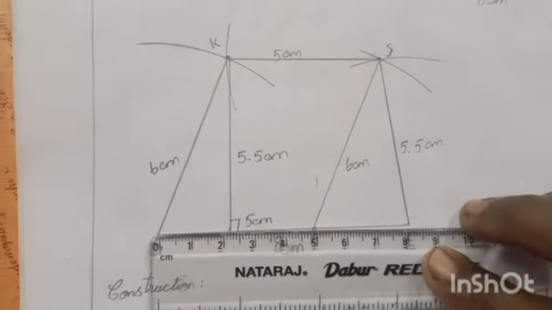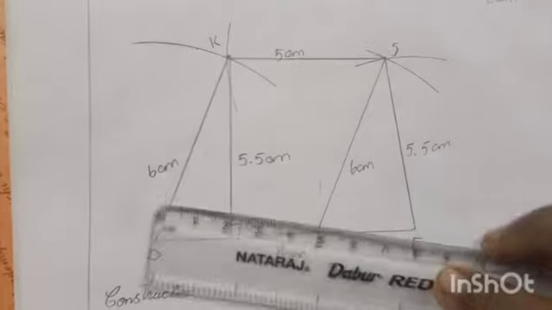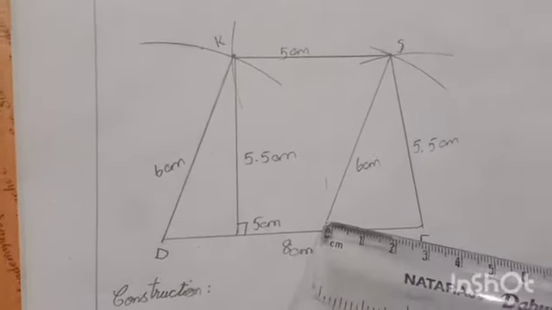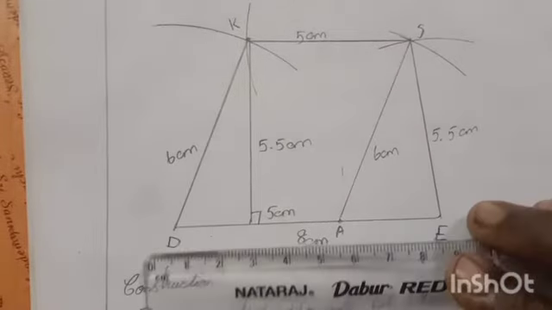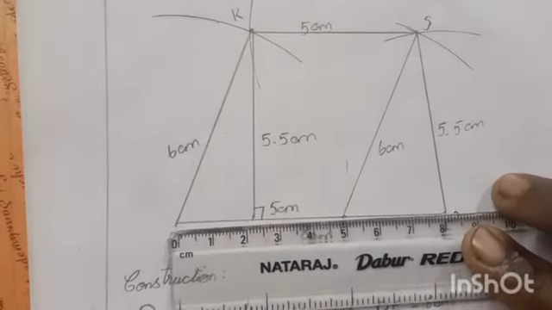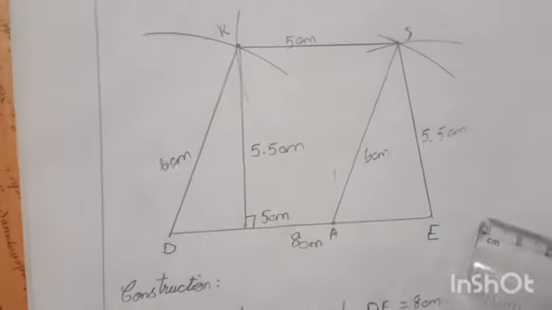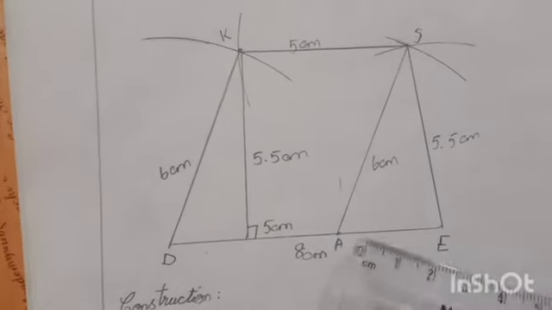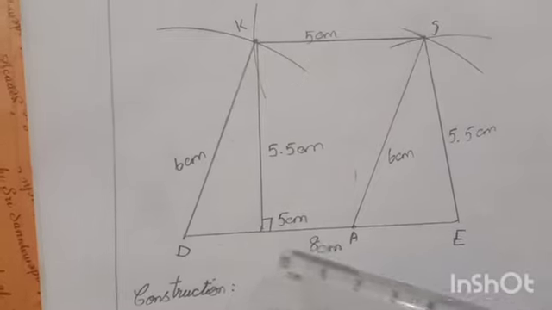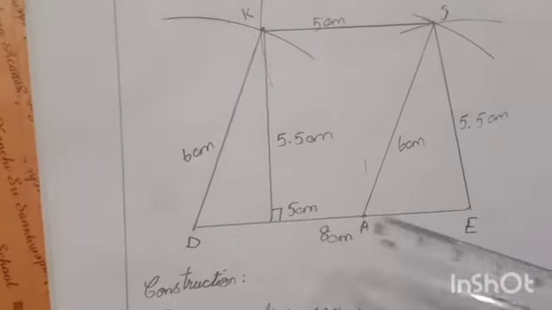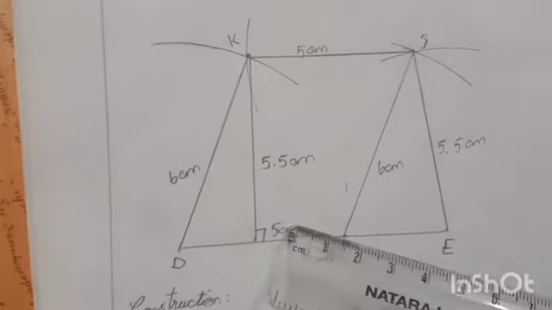So you mark the point from D. From the point D you have to measure 5 centimeter, that is A, for DA equal to 5 centimeter. Mark the point A on the line segment DE. We have to mark the point A so that DA is equal to 5 centimeter. Why are we using 5 centimeter? Because the opposite parallel side measurement is 5 centimeter. Okay,